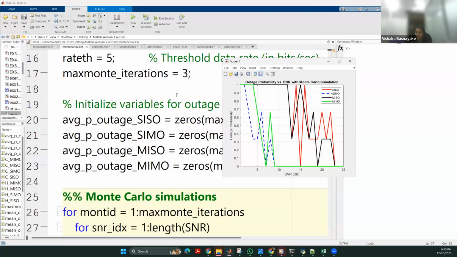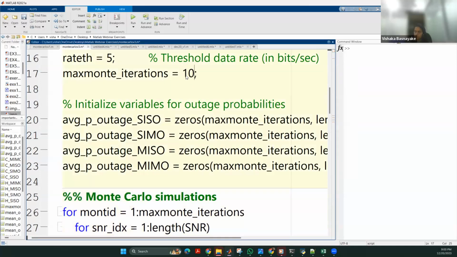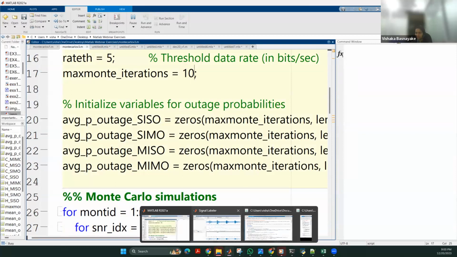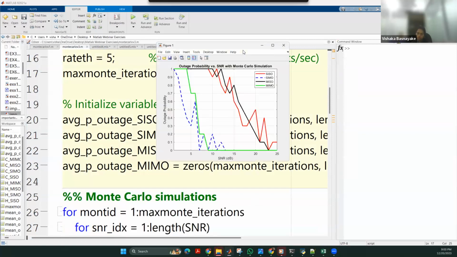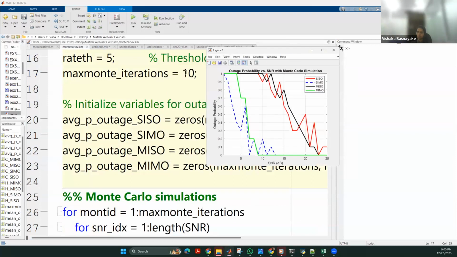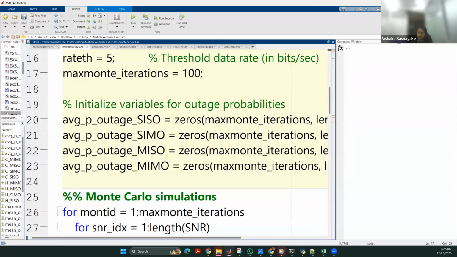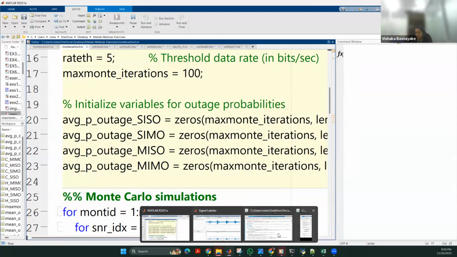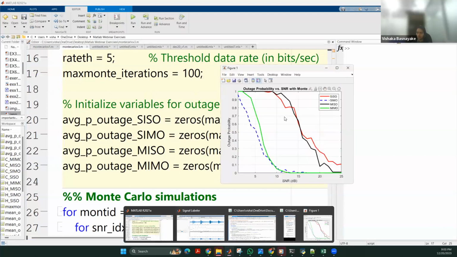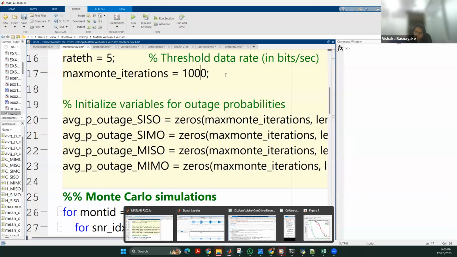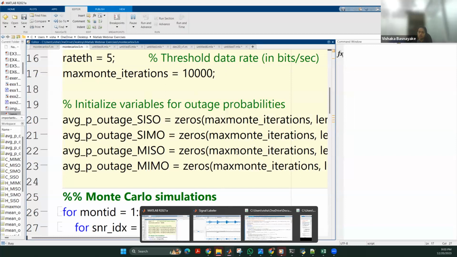So if I increase the Monte Carlo simulations iteration count, I will see some other plot happening. So this is the plot that I get now. If you can remember from the previous instance, this is much better. Then with 100, I will have a plot that will be smoother than before. And if I make it 1000, 10,000, I will have a more smooth curve because I'm considering